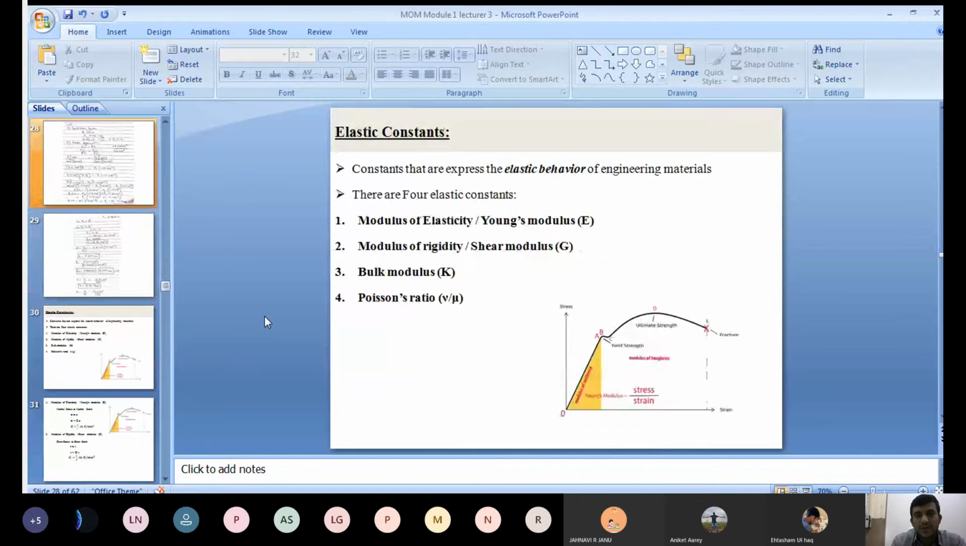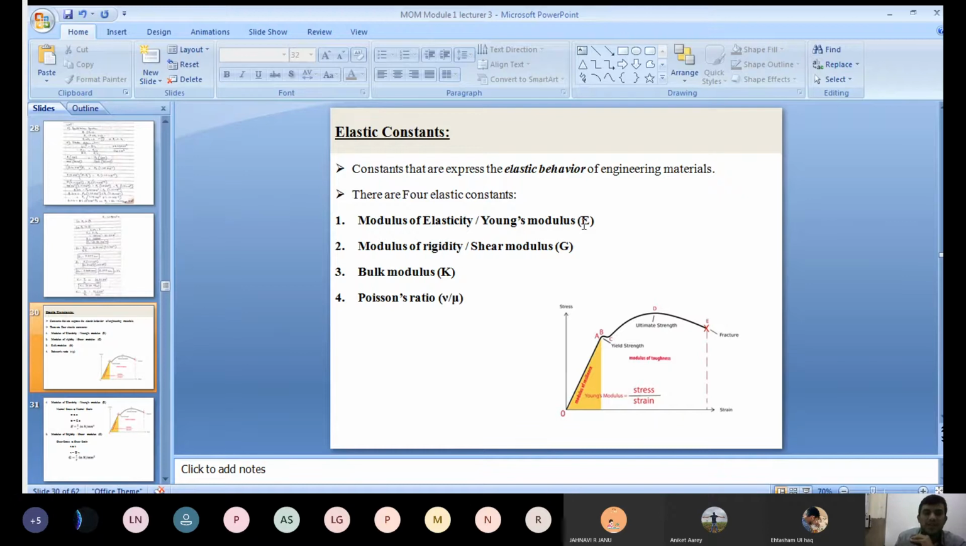Then later we discussed elastic constants. These are the constants which express the elastic behavior of engineering materials, that is, how the material behaves when you apply a load up to the elastic limit. There are four elastic constants, depending upon the type of load acting on the material. If the material is subjected to an axial load, which may be tensile or compressive in nature, then within the elastic limit the modulus is the modulus of elasticity or Young's modulus,